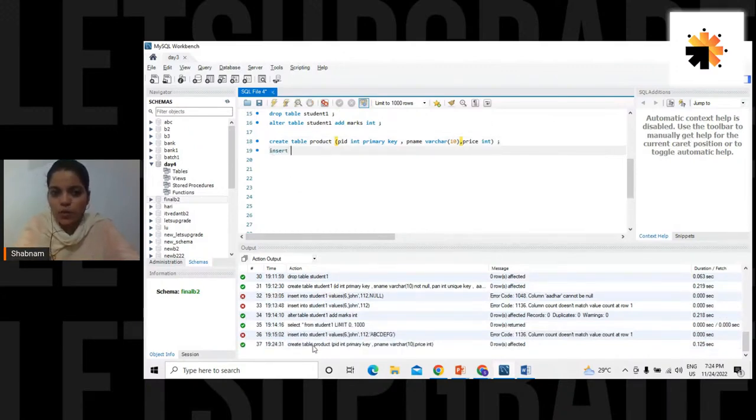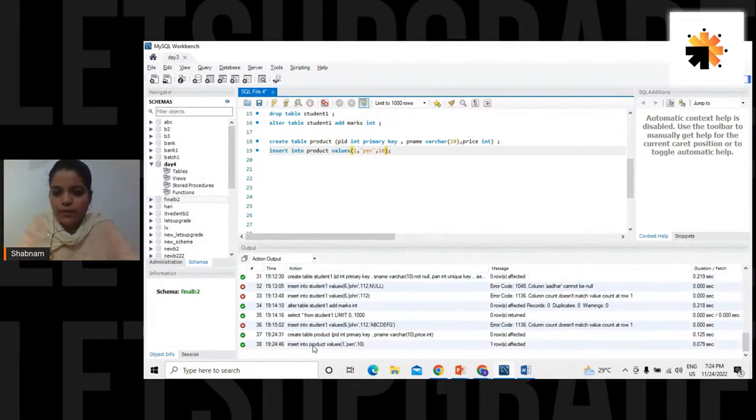So let's insert some rows into it. Insert into product values: product number 1, that's pen, price 10. Product number 2, that's pencil, the price is 5.